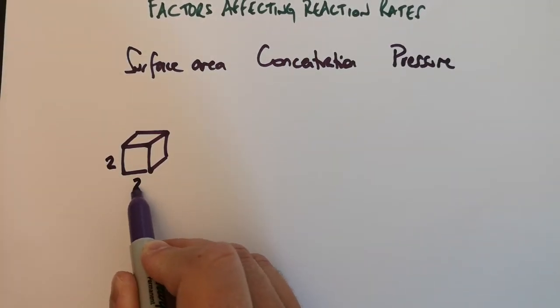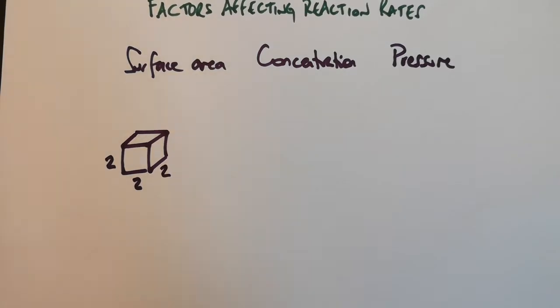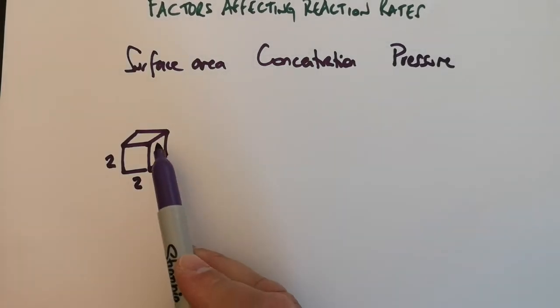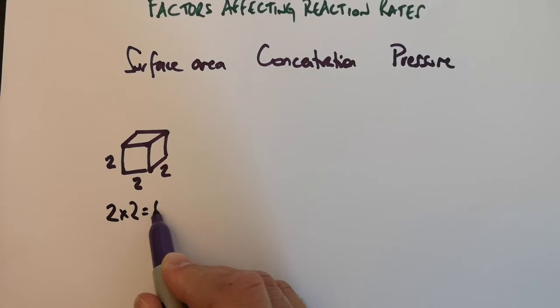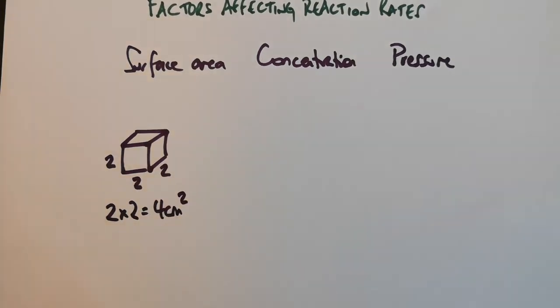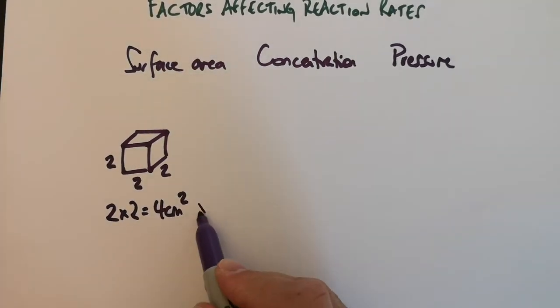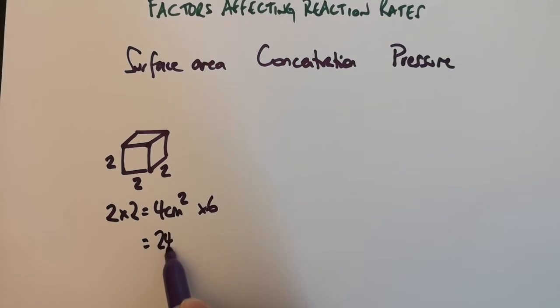So 2 by 2 by 2. Then what we could do is calculate the surface area of one of the faces. So 2 times 2 is 4 centimetres squared for a face, and then times that by 6 to find 24 centimetres squared as the total surface area